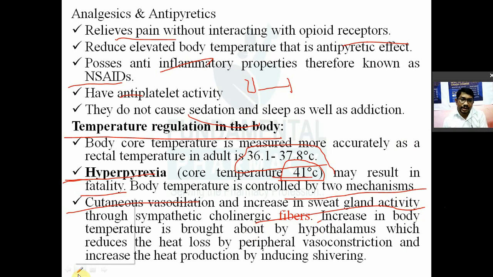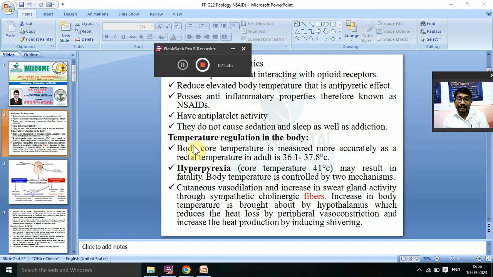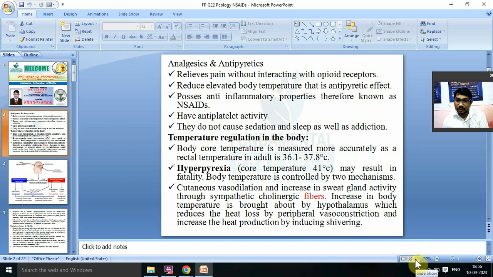cutaneous blood vessel डायलेट हो गए तो क्या होगा? So that will increase the heat exchange. Okay? स्वेट ग्लैंड का एक्टिविटी क्या होगा? डिक्रीज हो जाएगा. क्यों? क्योंकि आपको हीट प्रिजर्व करना है बॉडी में. ठीक है. कम हो चुका है बॉडी का टेम्परेचर, आपको प्रिजर्व करना है. So your body will try to maintain